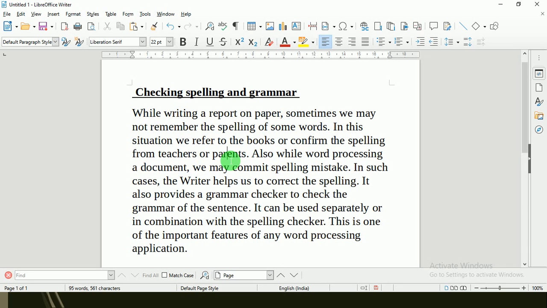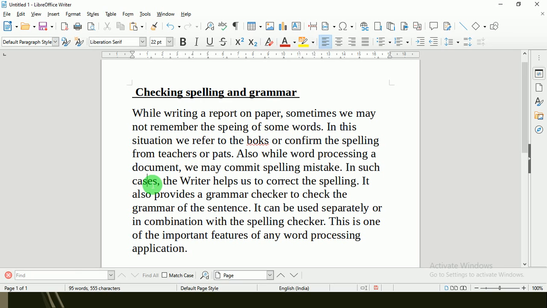Supposing I made some mistakes, like I just deleted R and E. You can see that there is one red line below this books, because now its spelling is wrong.